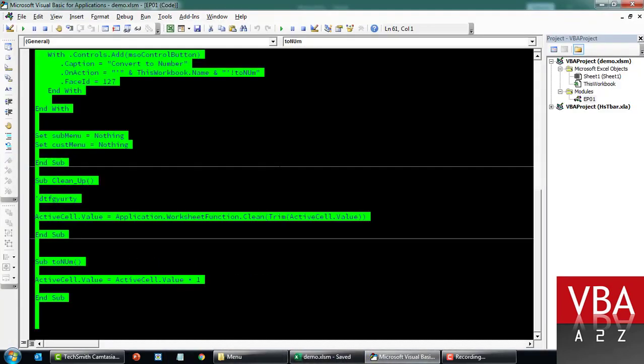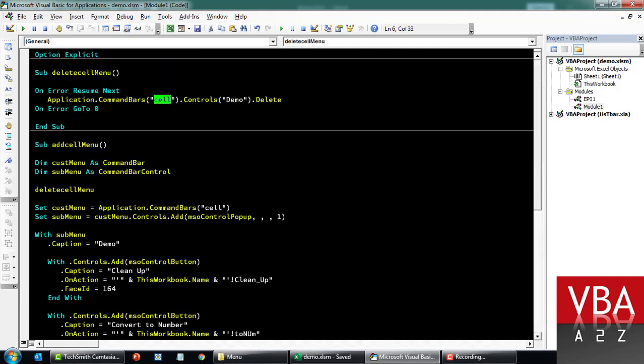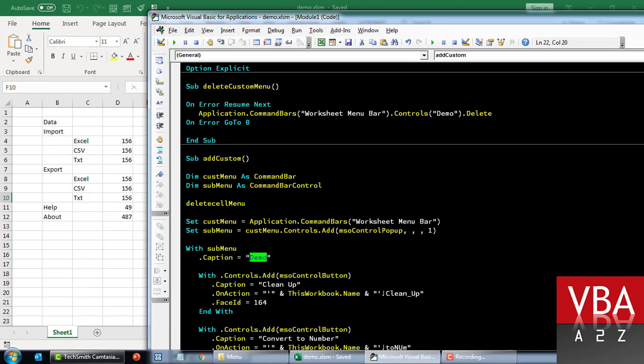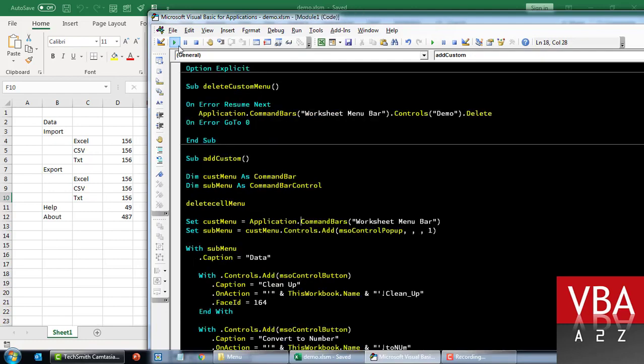I'm going to make a copy of this code and paste it here. Now let's rename this code. Instead of cell menu, we'll just call this custom, something like this. And instead of cells we're going to use worksheet menu bar. So basically I'm just replacing this, and the main menu bar, the menu will be called data, like this. So if I run this code now,